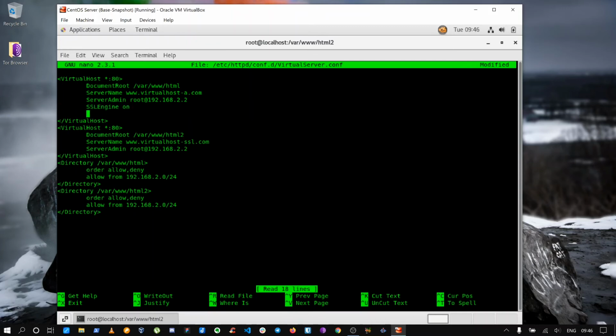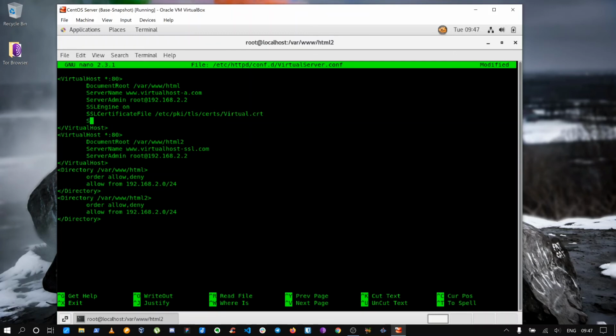Engine on, SSL certificate file is located in /etc/pki/tls/certs/virtual.crt.